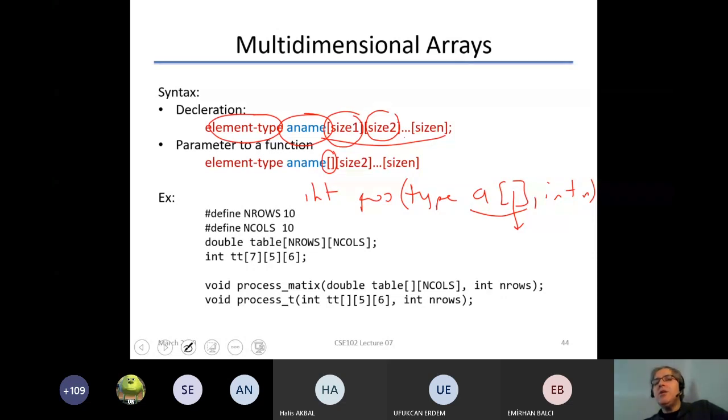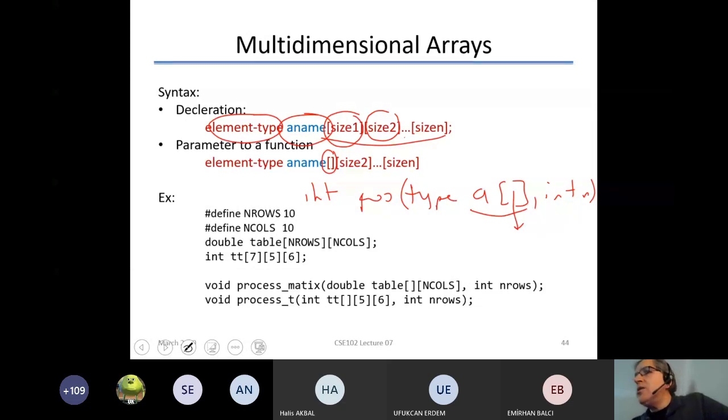The first dimension has seven cells, the second dimension has 5 cells, and 6 is the size of the third dimension. All right. Now, if I want to send this table variable as an argument to a function,